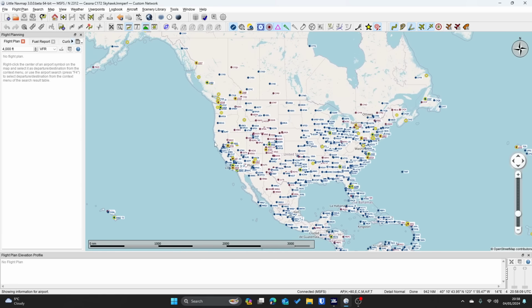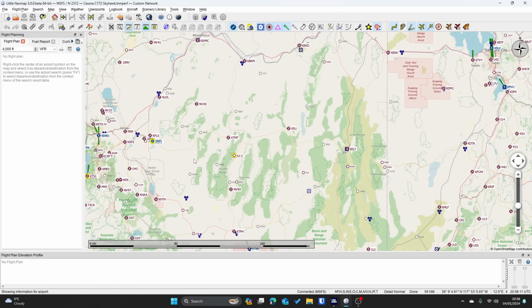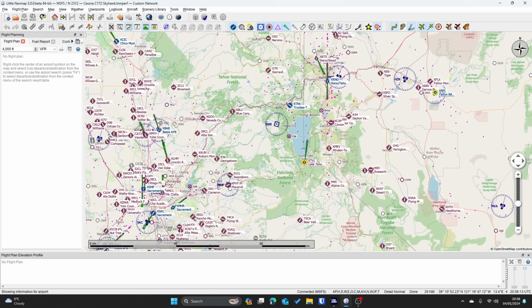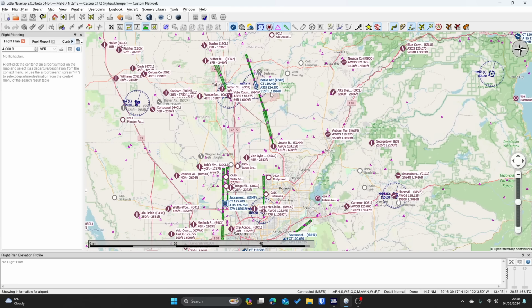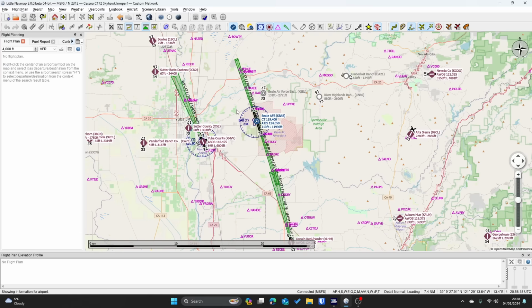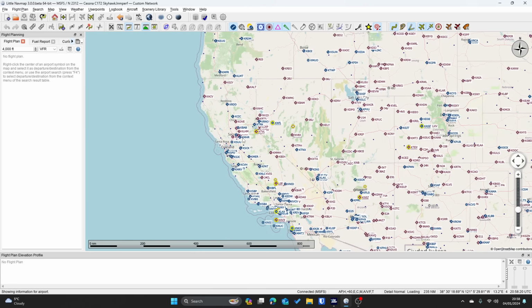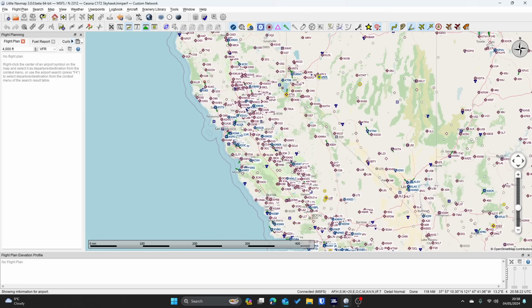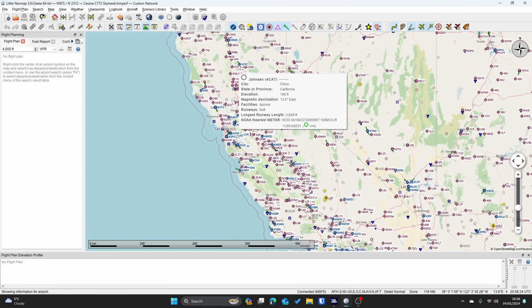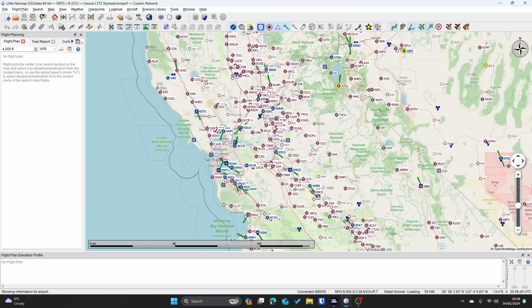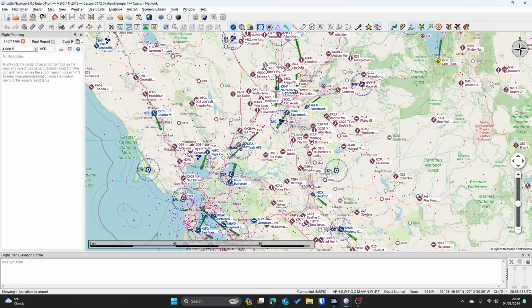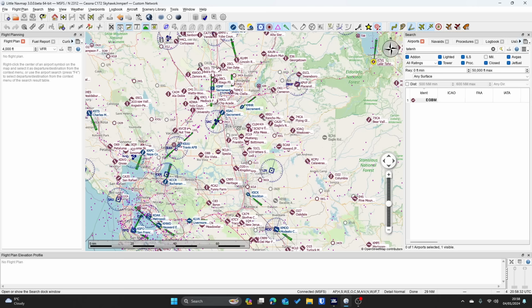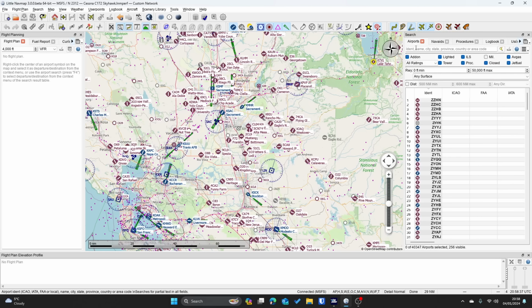So you can see this if we go and zoom in over West Coast America. The more we zoom in, the more we see of waypoints and airfields and ILSs and all sorts of things. And we can actually plot routes in LittleNavMap, but we'll come back to that in a moment. Actually, no, let's do this first because it will make sense to visualize what the route we're going to do today. So we are going to pull up the search box in LittleNavMap and we are going to go from